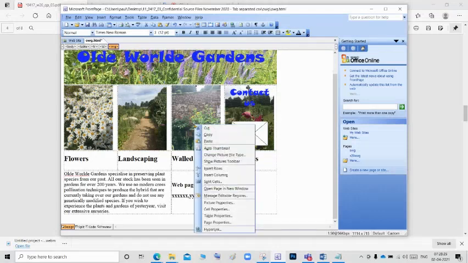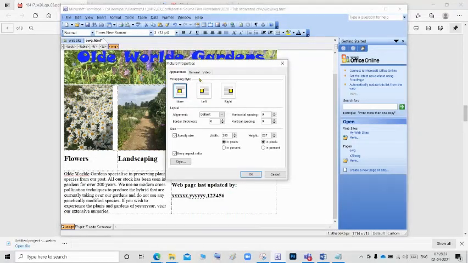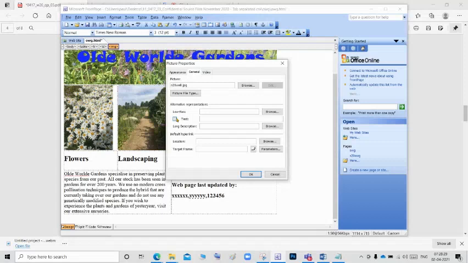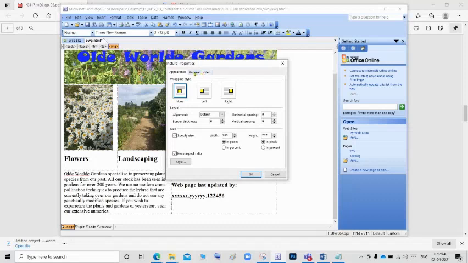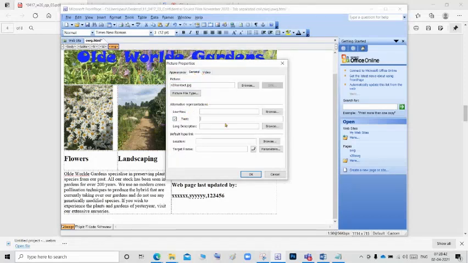Third one, walled gardens, picture properties, general, text, walled garden. This one, picture properties, general, text, contact us.